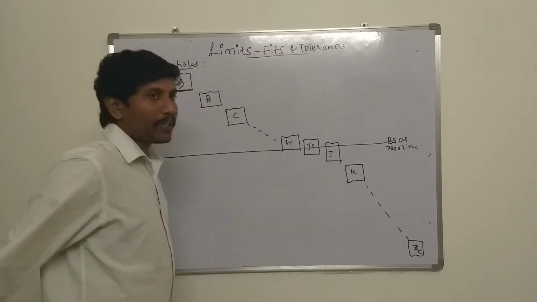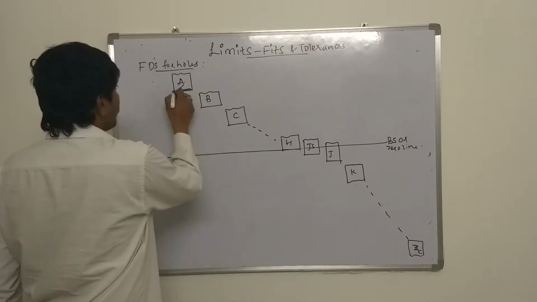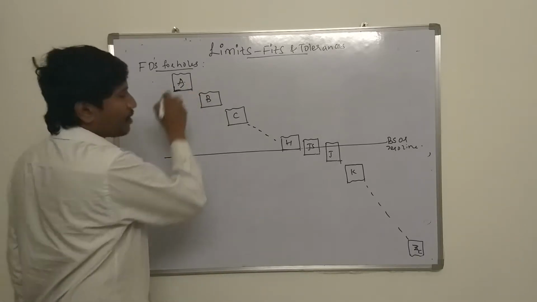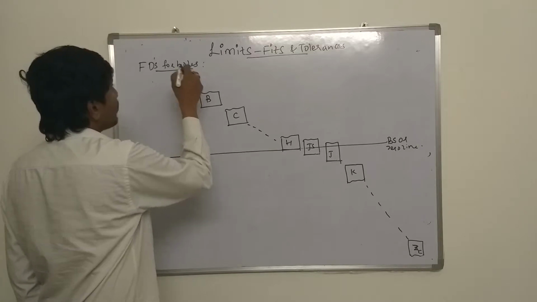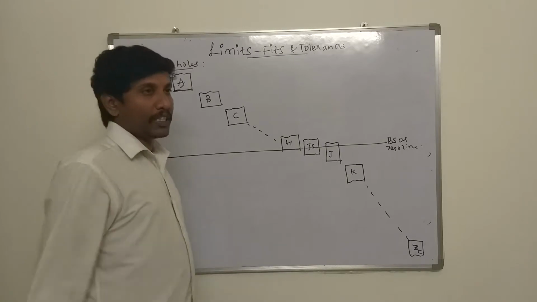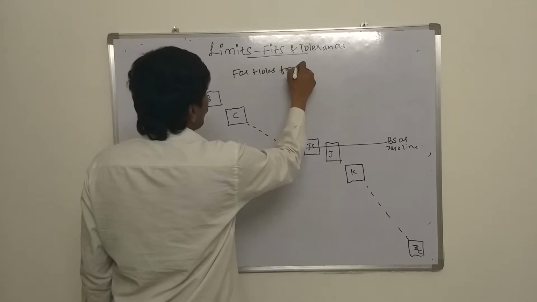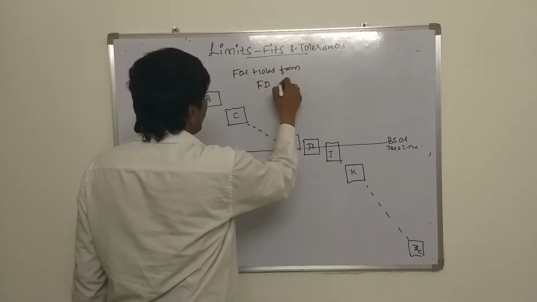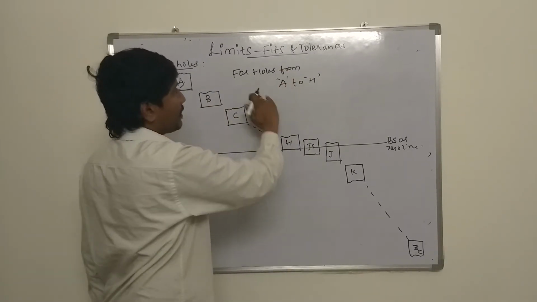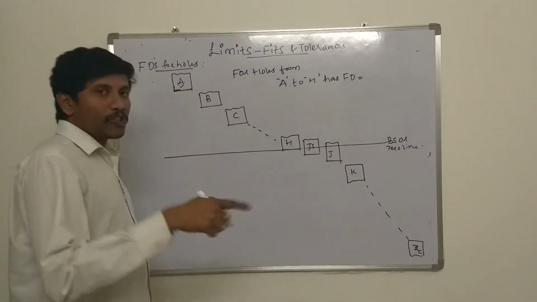See here, I have represented the fundamental deviation of A. One of the limits I have represented with a straight line, and the other limit I have represented with some form of a curve. So what is the meaning of it? For holes from fundamental deviation A to H,